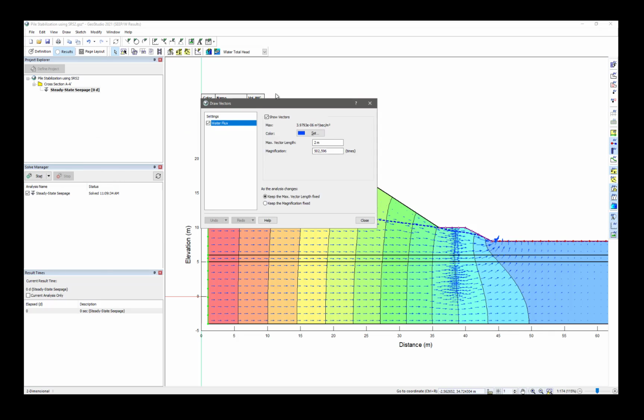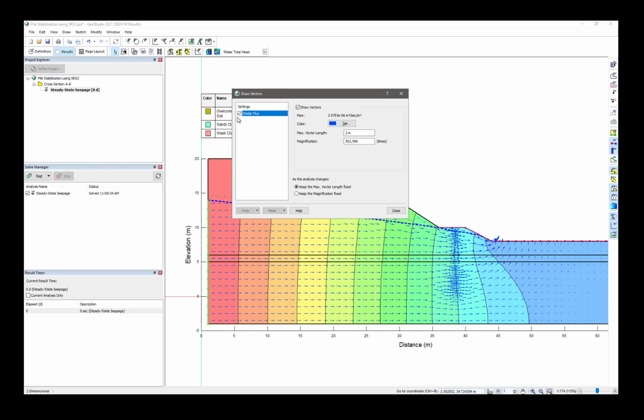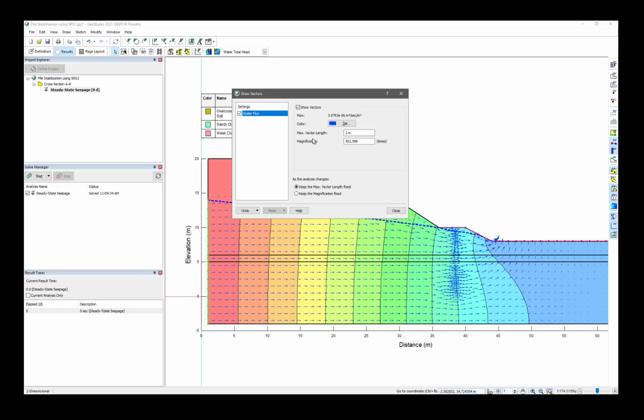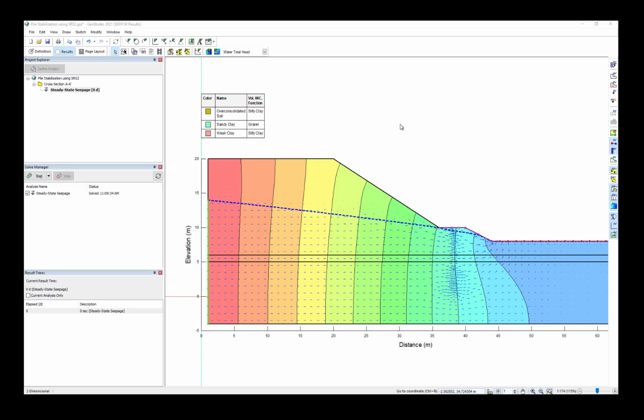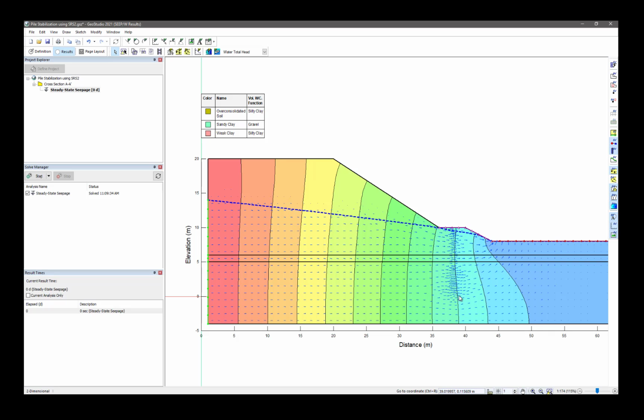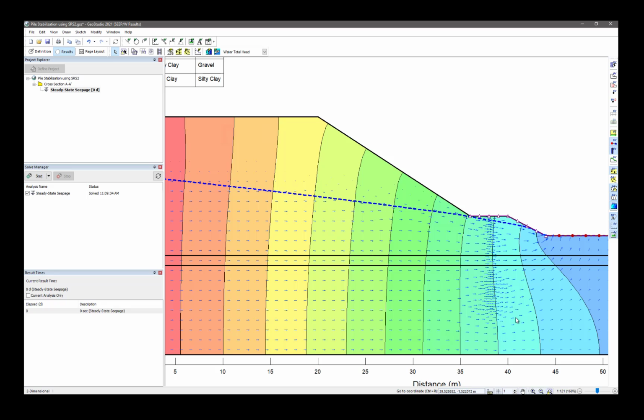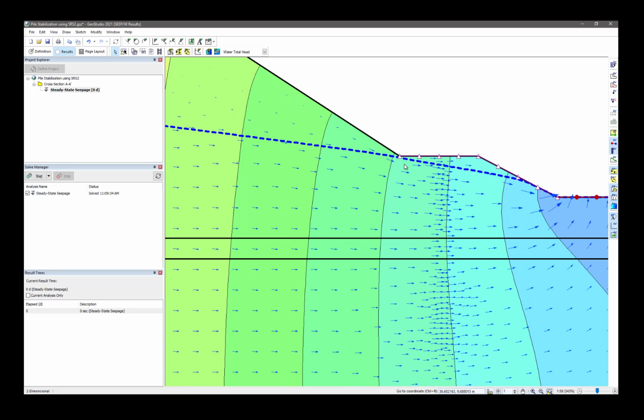This is CW only analysis, so there is only one, and that is water flux, where we can toggle this on and off, set the magnification, or set the maximum vector length. Now this cluster of vectors that we see right here is simply due to meshing. All the vectors are roughly the same size. We see the seepage phase